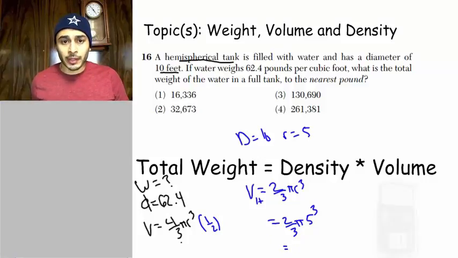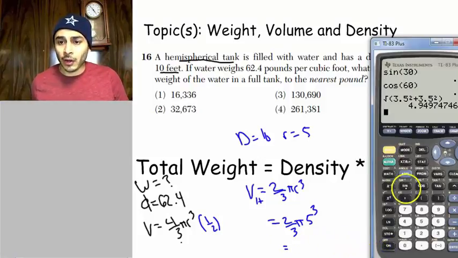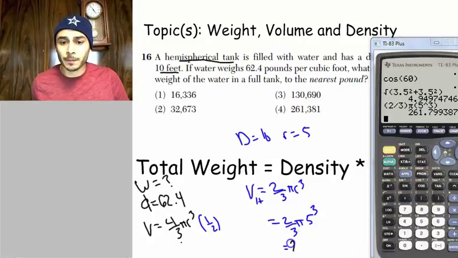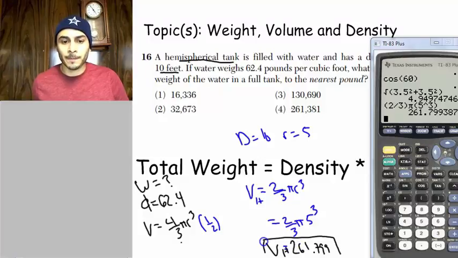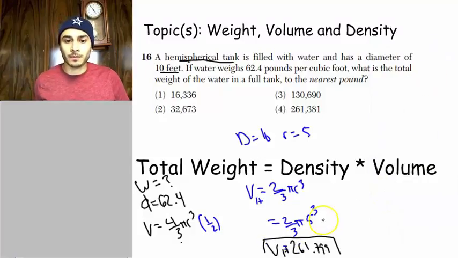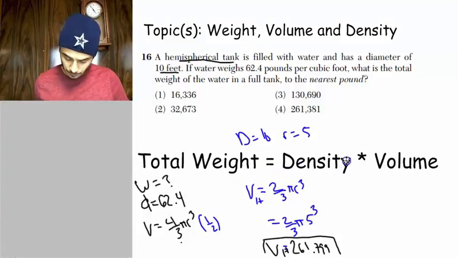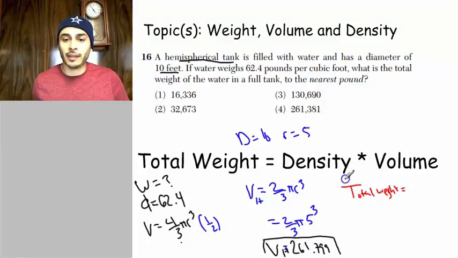All right, let's plug that into our handy dandy calculator. 261.799. So that's the volume of the hemisphere. Okay, so we got volume now, and we got density. So if we want the total weight, well, then that total weight is going to be equal to the density, which was 62.4, and then times that volume we got, which was